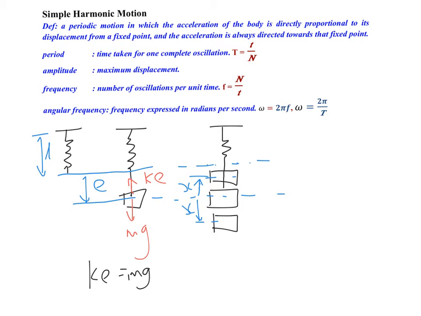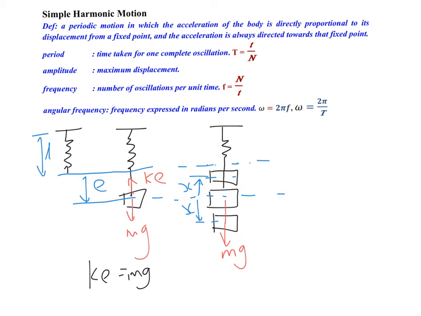So what will happen now is that we are going to consider the net force acting on the body when it's at the lowest point and also the highest point, right? And also in between is the same. So let's look at the lowest point first. What are the forces acting on the mass when it's at the lowest point? Obviously we will still have the weight,